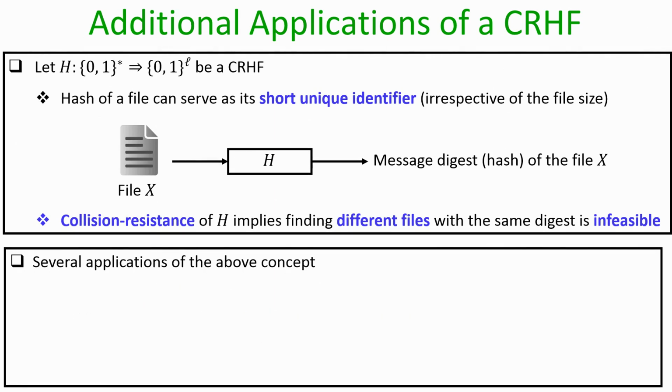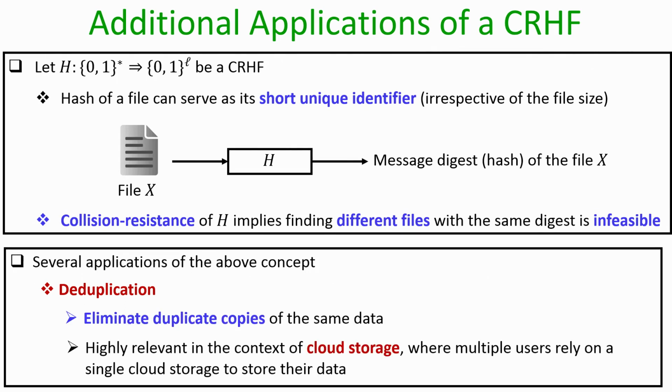The second application where we can use this idea is that of deduplication, and here the idea is that we want to eliminate duplicate copies of the same data. So, imagine that we are in a cloud storage scenario where say we have several users, user 1, user 2 and say n number of users, and each of them is hiring a common cloud storage for uploading their data. Now, since the users are independent of each other, it might be possible that say user 1 and user 2 end up uploading the same file, and if the cloud storage naively stores both the copies of X, then that will be a wastage of space.